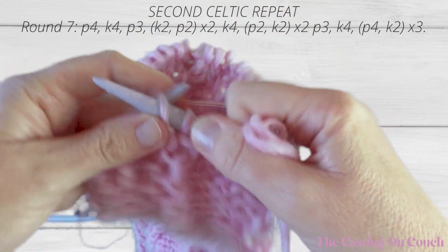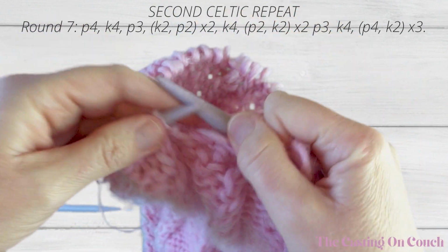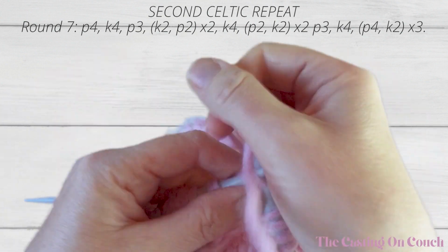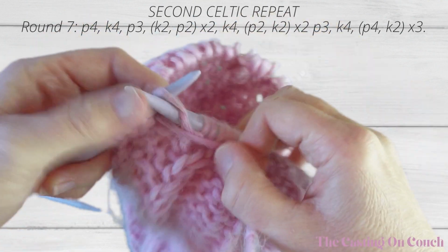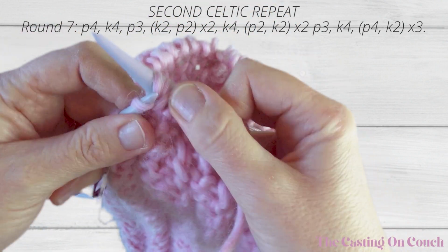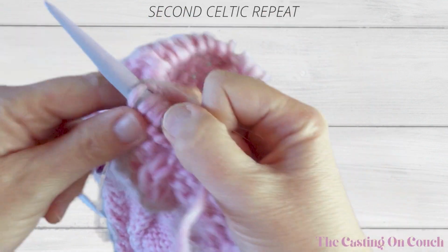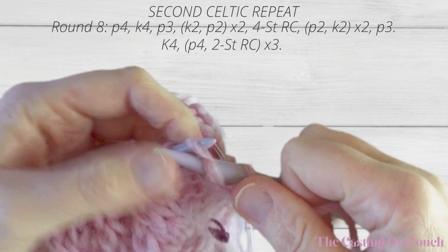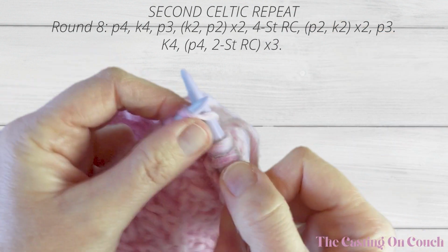So we've got 3 sets, purl 4, knit 2, purl 4, and ending with a knit 2. So that's round 7. Round 8, begin by purling 4, and then knitting 4,